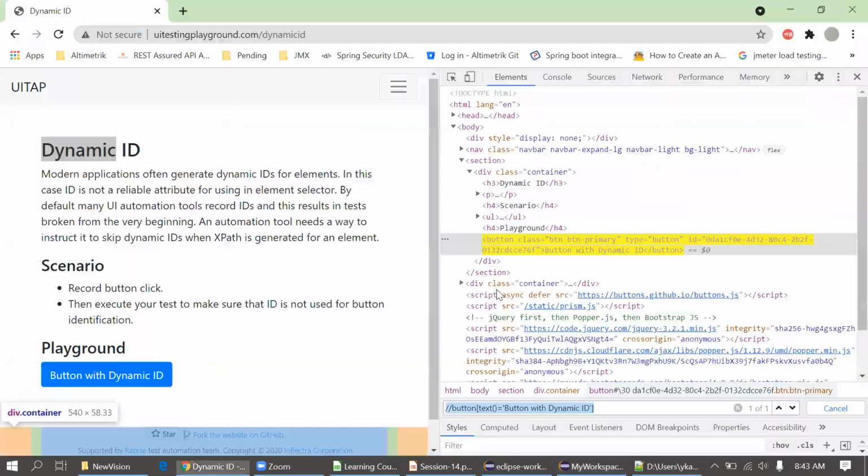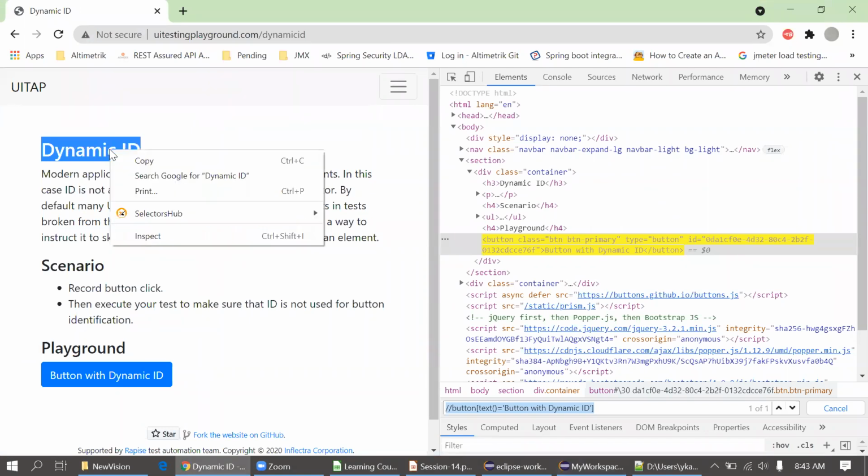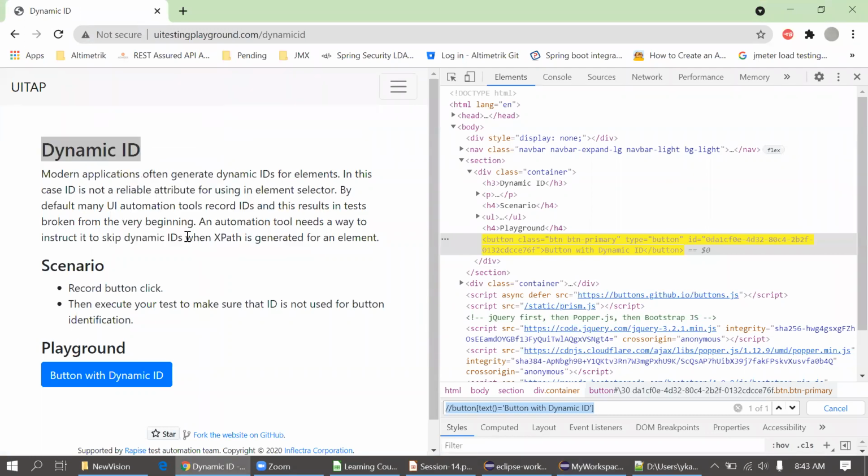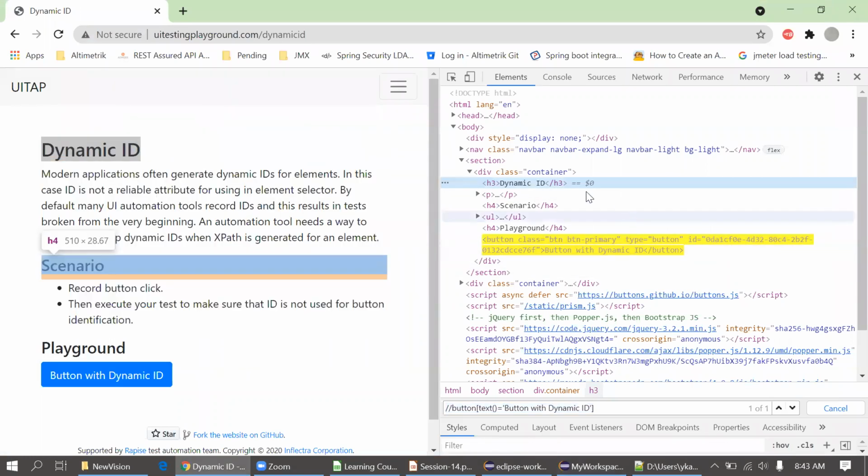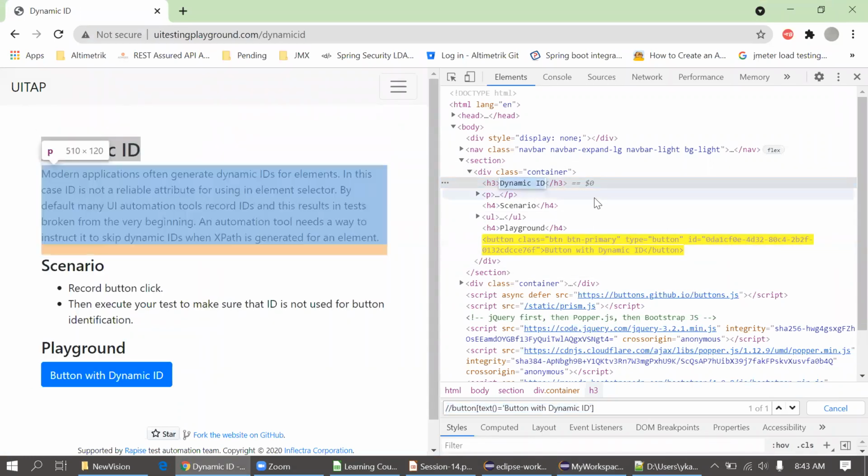Now again, I need one locator which is common in every page. So this is the header locator. Okay, so I'll create a locator for this as well. You should create a header locator in every page, compulsory. Based on that only we can identify we are on this page. Okay, so this is again the header. It's in H3.